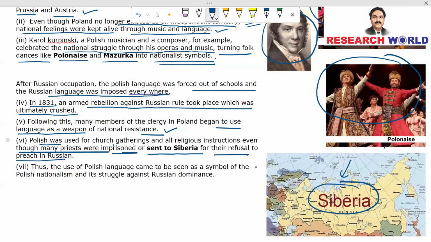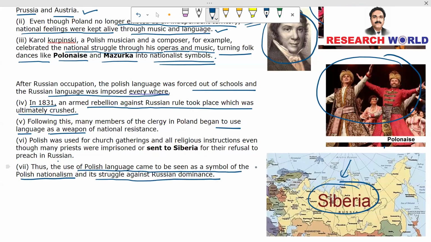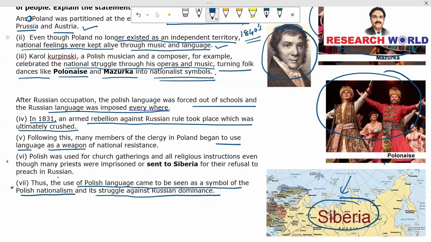So Russia imposed this order that even church gatherings should be addressed in Russian and should not use Polish. Those priests who refused to obey Russian orders were sent to Siberia. Thus, the use of Polish language came to be seen as a symbol of Polish nationalism and its struggle against Russian dominance. So you have got 7 points. Let's make a quick recap of these 7 points. What are they? Once again,